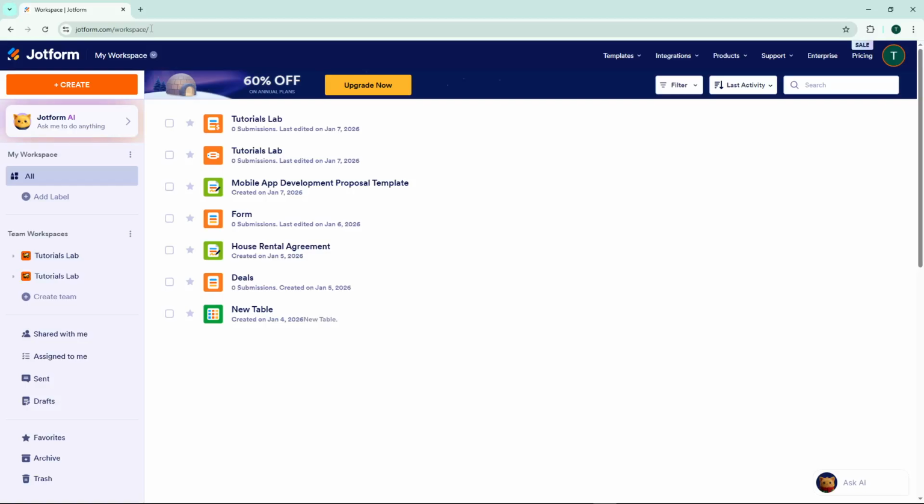Today, I'm going to teach you how to use JotForm's date reservation widget. This is a really useful tool if you need to let people book appointments, reserve dates, or schedule events directly